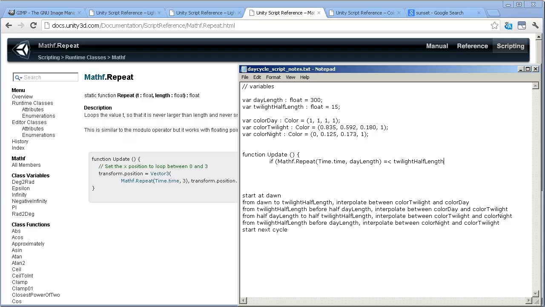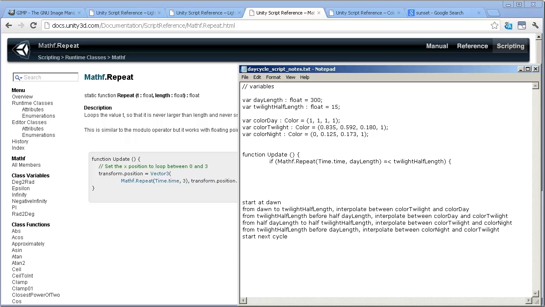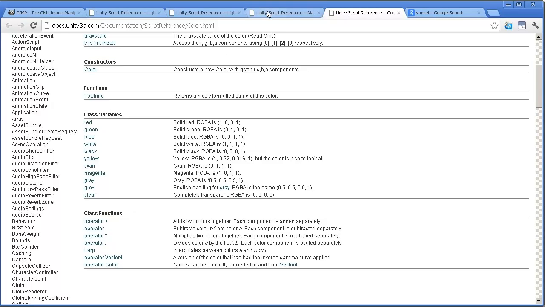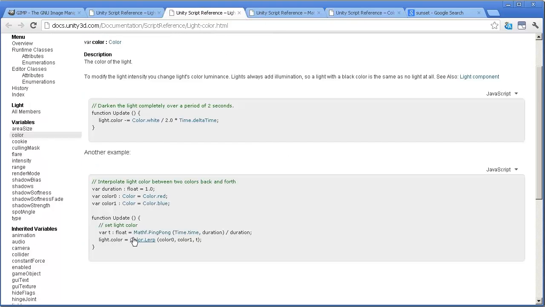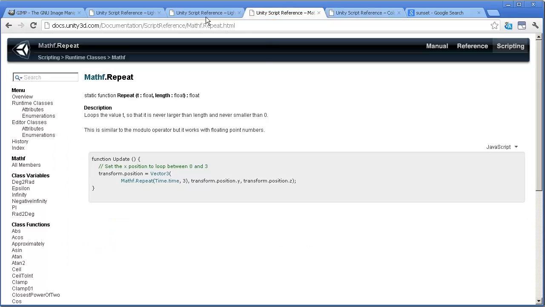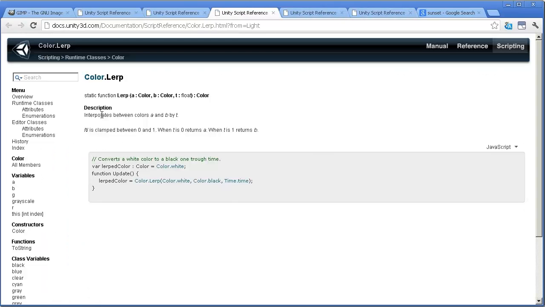So if this is from 0 to 15, if it's from 0 to 15, what's the other script? Interpolate. Where is that? Interpolate. Let's get this one. Then